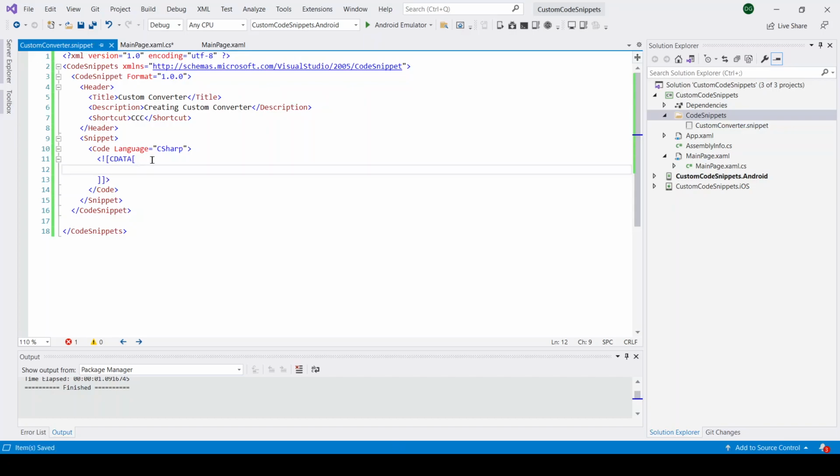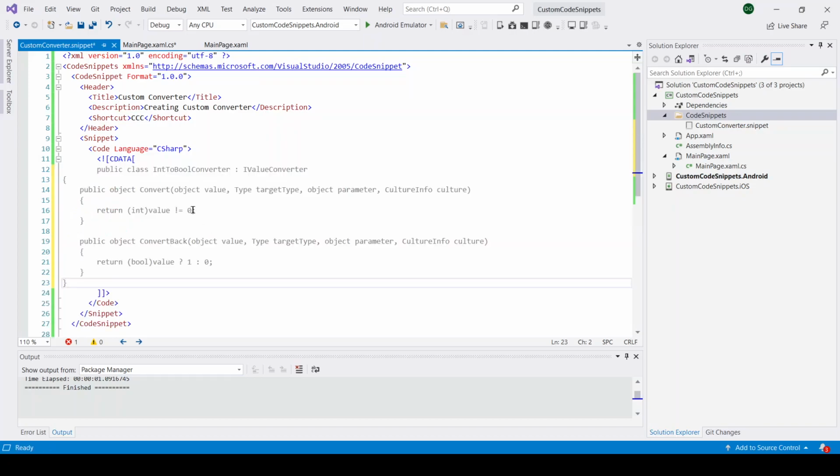So I am pasting the converter code inside the CDATA section. Here I am pasting the converter code for an int to boolean converter, and I save it.